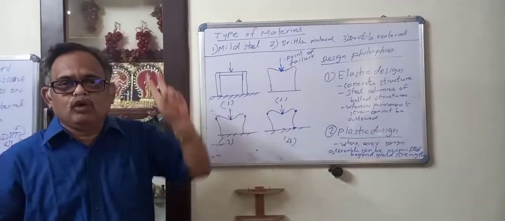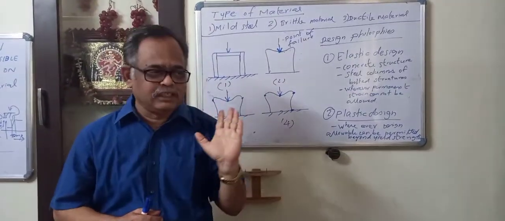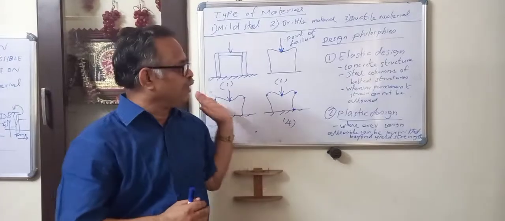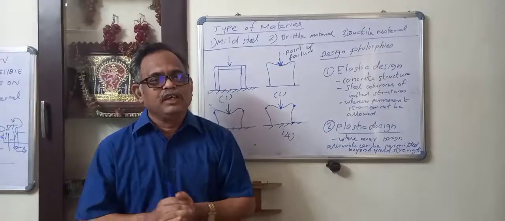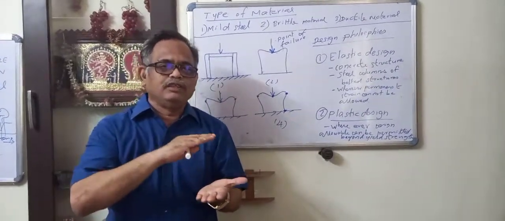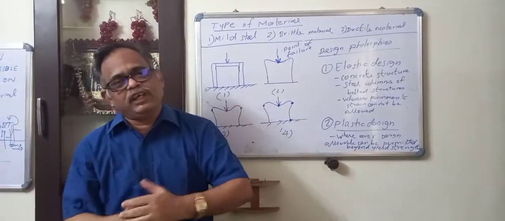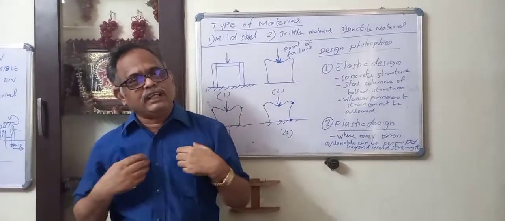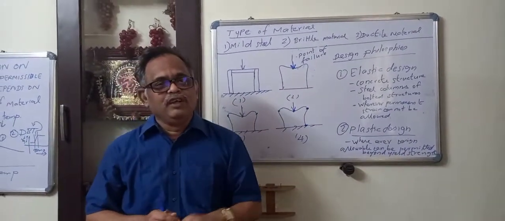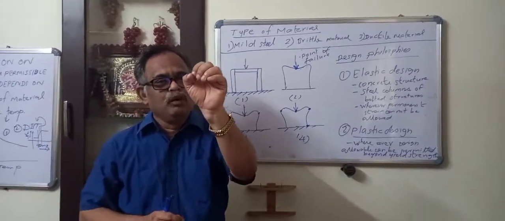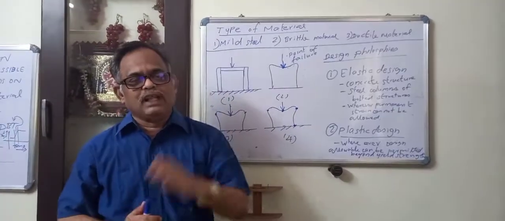So now I have explained to you 2 different design philosophies for mild steel. One is elastic design and another is plastic design. So for mild steel, we can select the maximum permissible stress anywhere between 0 and the ultimate tensile strength, depending upon the design philosophy that we have selected. If the application requires elastic design philosophy, then the yield strength should